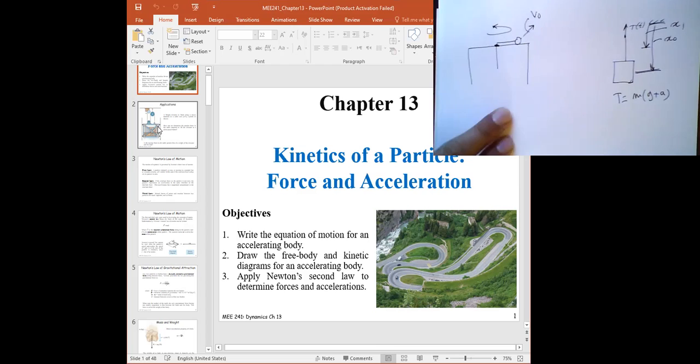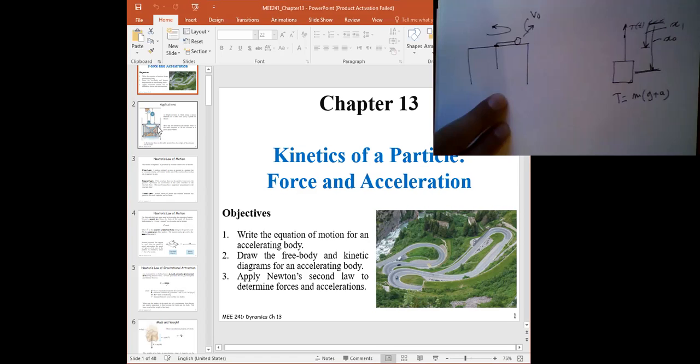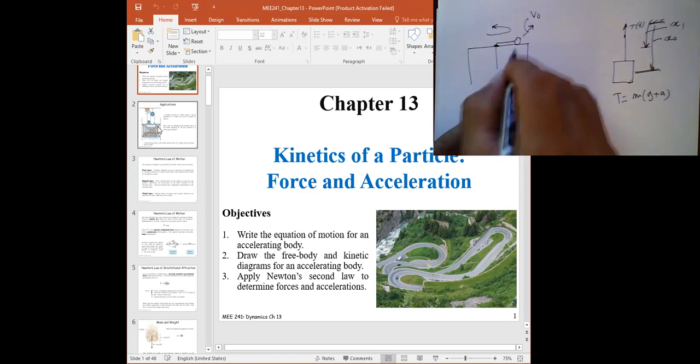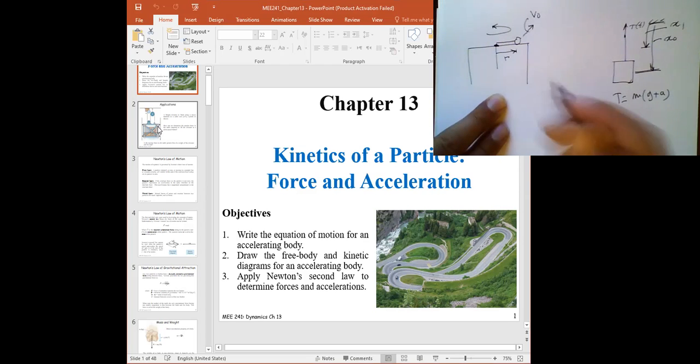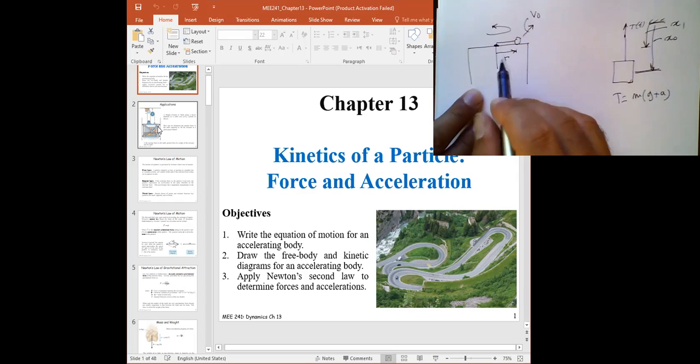Can you tell me what would be the tension? Let's say this length here is equal to a radius of r. Can you help me out to find what is the tension in this line here? What would be the tension in this line? How do I solve this problem?